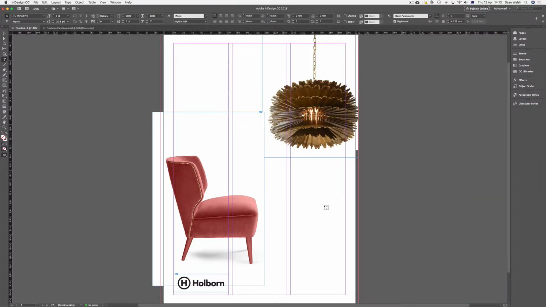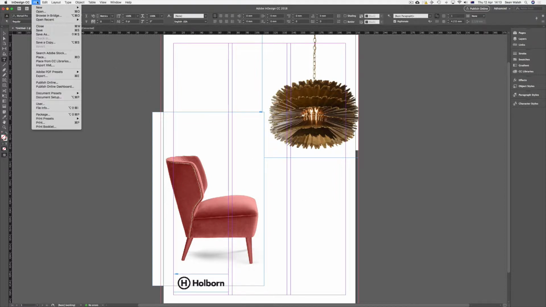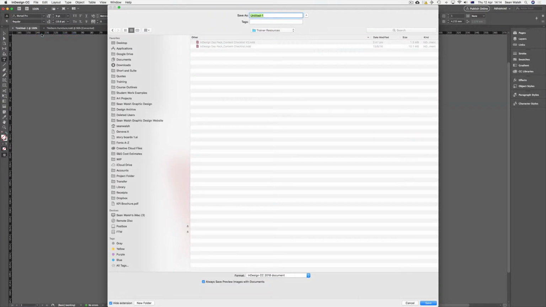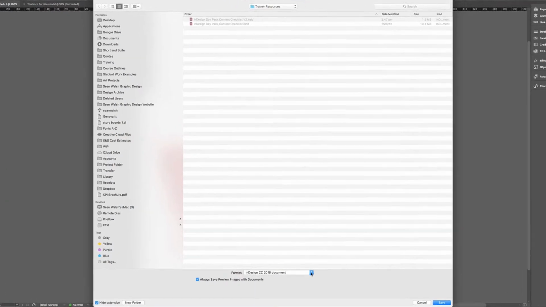All right, so we're back into our InDesign document here, and now it's time to save this. I'll come up to the File menu, and then I'll just come down to Save or Save As, and from there I can navigate to where I can save it. I'm just going to save it into this folder here. I'll just call this one A4 brochure, and down the bottom here where I've got my format options,